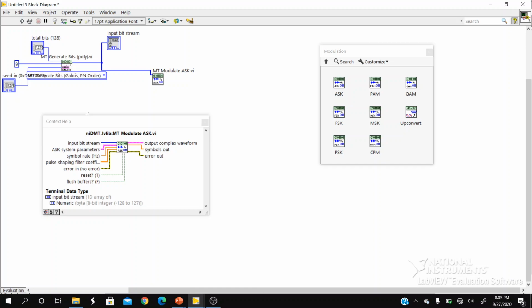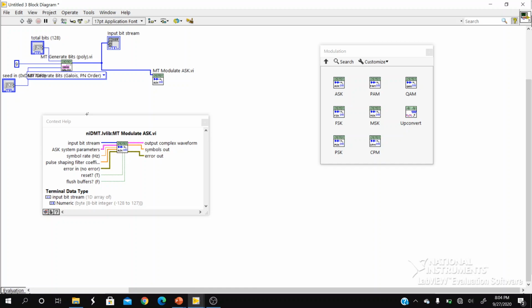So for the ASK system, I need to mention how many symbols I'm generating and what the amplitudes are that I need to assign for a particular symbol for them to get transmitted and shaped in the baseband modulator.